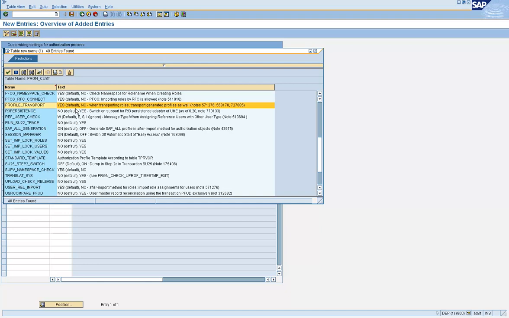So when you transport the roles, the profiles will not be transported, which means in the target system you'll have to create the profiles and generate them again, which is not a good thing. So don't ever set this to no. Activate this. I'm sorry, it should be yes, because you want the transports to take the profiles along with the roles.